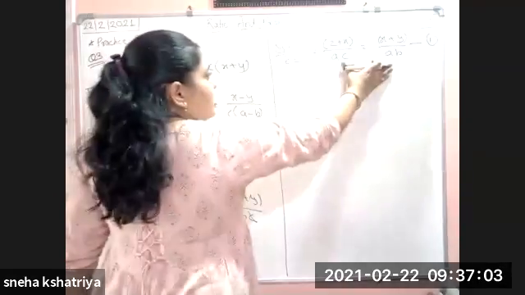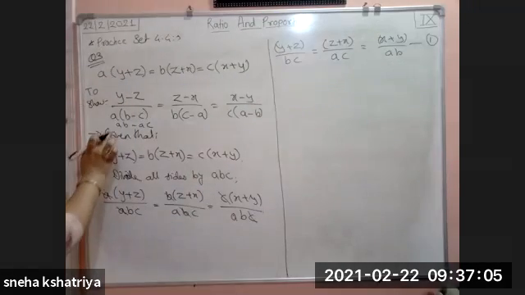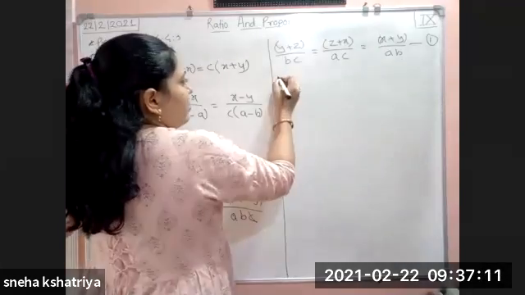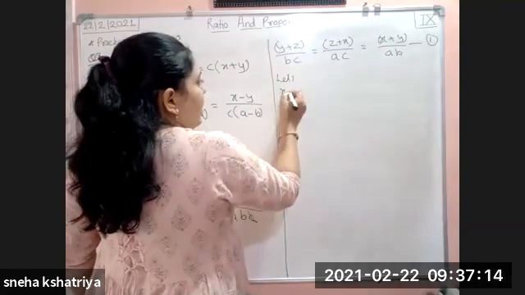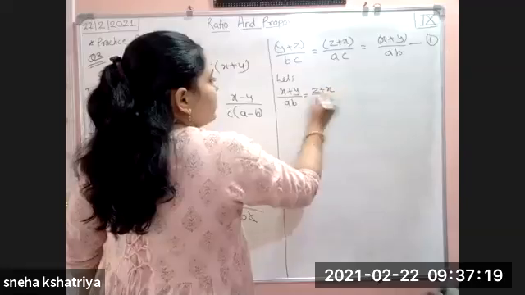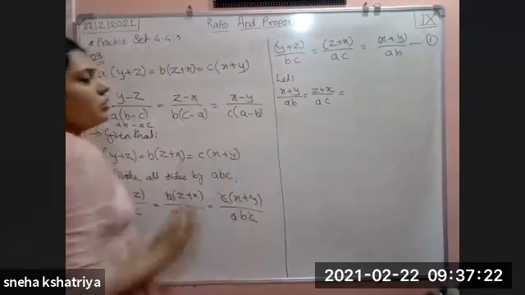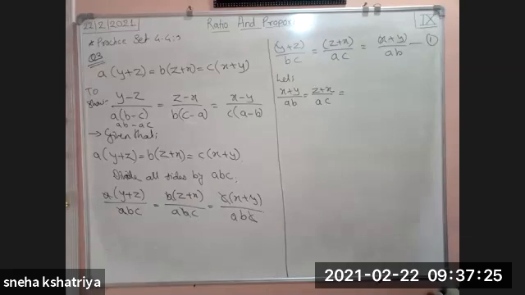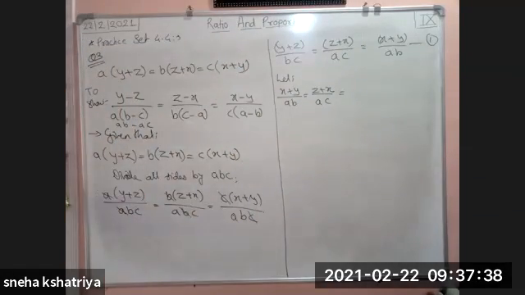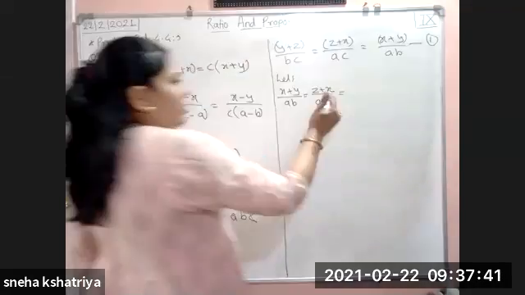So first we will write these two. But first we will write AB because AB is there first, then we are subtracting AC. So first of all write down, let x plus y upon AB be equal to z plus x upon AC. From those three equal ratios, I am collecting only two ratios, the ones which have denominators AB and AC. Now subtract them. Use the property or theorem on equal ratios and subtract them.